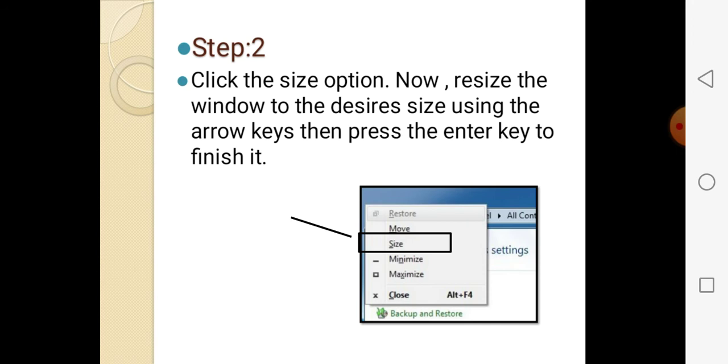But also how to resize in a second method, you can also resize a window by bringing the mouse pointer to any one of the four borders. You better see, when the dialog box is open, restore to close, there is a border. So you can put your cursor on this border, keep it in your mind. So you can put the cursor on the border and one arrow will appear, and then also you can drag it and drop it.